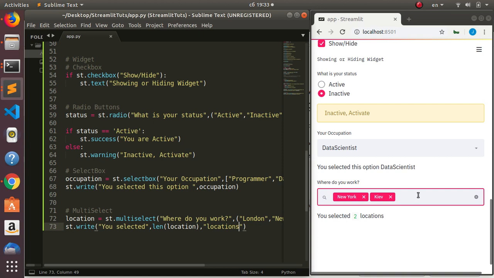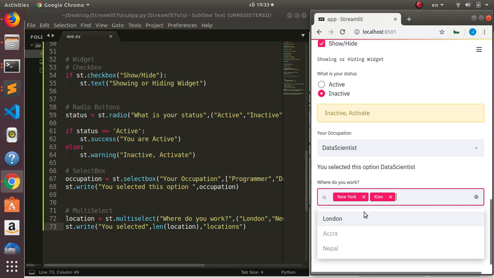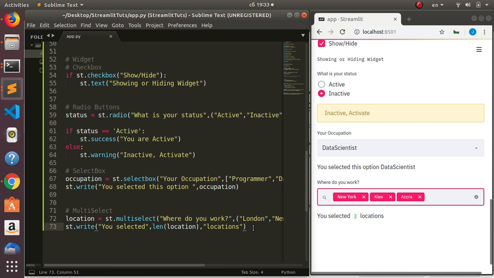So if I just go back to here and also click on another one, then I'll select Accra. Now you selected 3 locations. Perfect. So that's how to work with it, right? It's a very simple package. Apologies for the noise. Okay, now let's see the last thing we can also do for the widget, which is